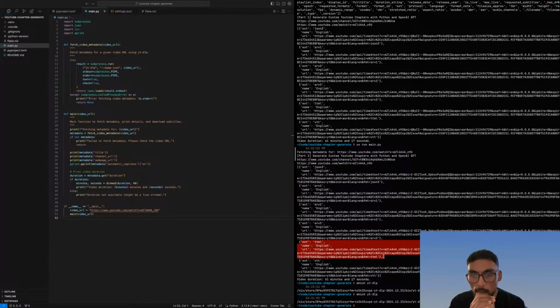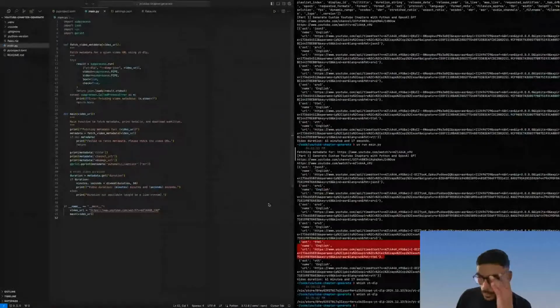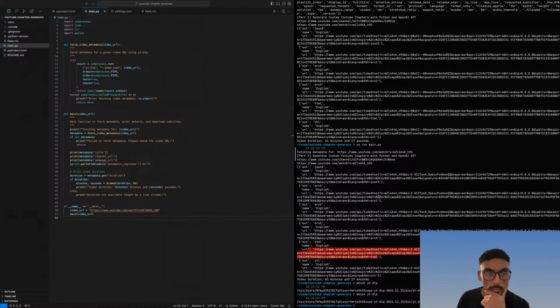So from the TTML, I guess we can just grab the entire file and send it over to OpenAI. Yeah, we can grab the entire file and send it over to OpenAI with system instructions. Okay, let's just do that. Let's see here. So, system instructions.